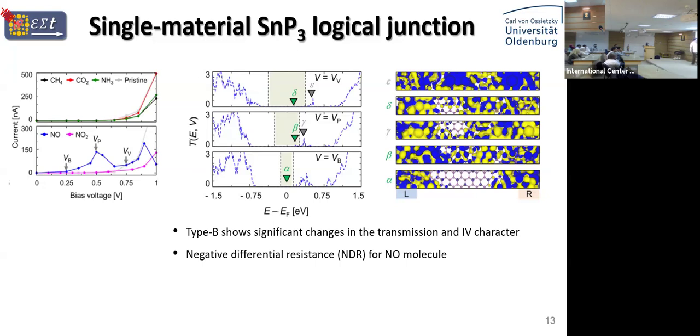What happens when we slightly increase the voltage? This voltage splits those states into two. And one of those states is inside our bias window. That shows in the real space that this is a very rich, metallic state, so it is all over the device. That's why the current is much higher at that point. What happens then when we further increase it? This further voltage pushes this other state, which is very metallic, away, so it's not inside our bias window.